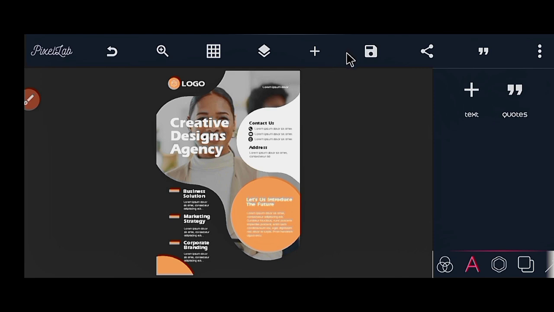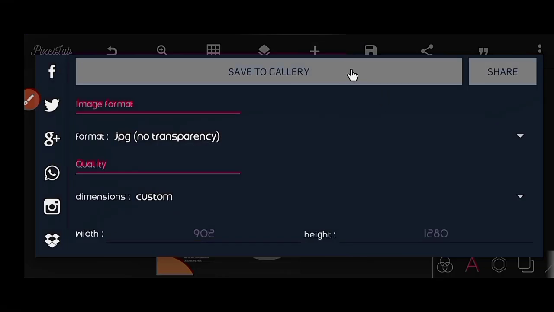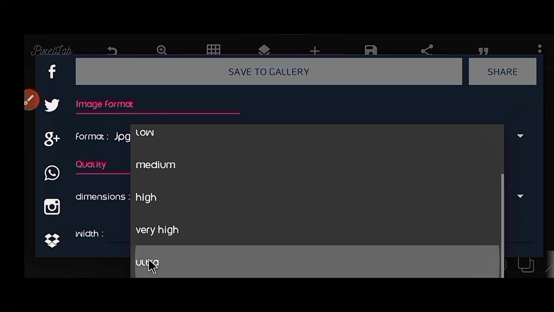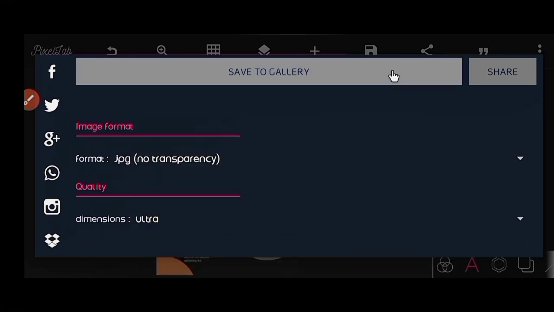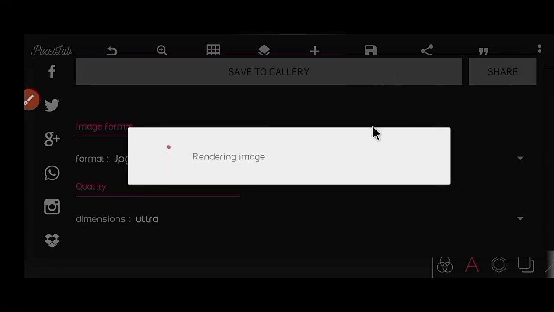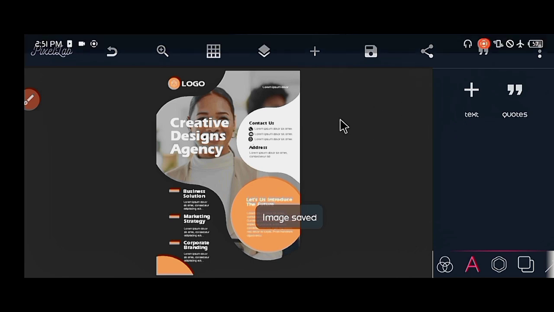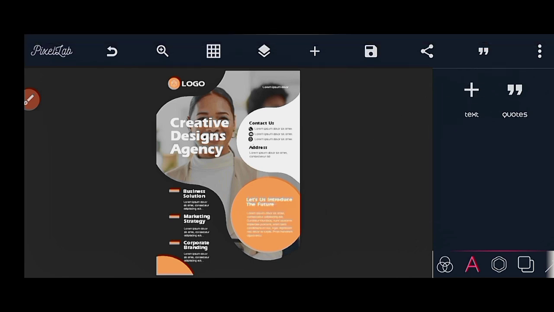If you are done designing like this up to this extent, I think this is beautiful. Then you can save it. Click on this icon, save it as image, and then ensure that you save it as ultra. And save to gallery. Wait to load and render, then save image. Alright, so just to show you what we've done,